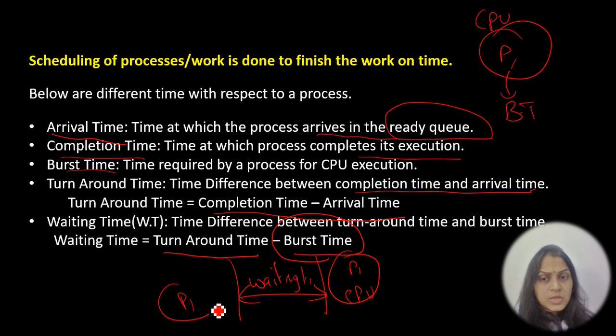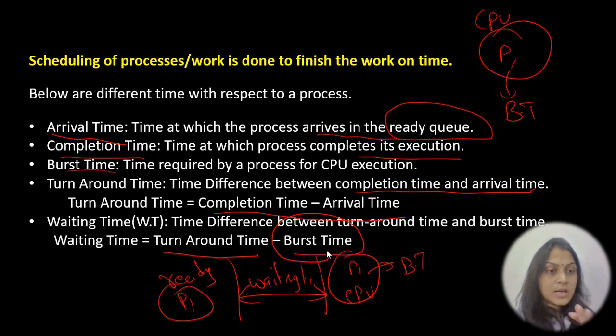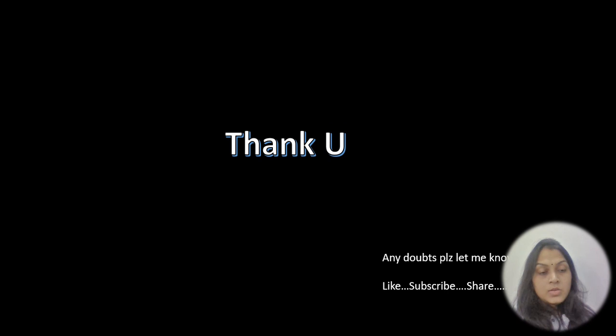Here the process P1 is already in the ready queue. In the ready queue, P1 is taken by the CPU. Whenever it starts its execution, that is the burst time. Just remove that burst time, and then the remaining everything is waiting time only. Still, if you face any confusion about waiting time, don't worry. When we work on the problems, you will get clarity on the concept. So this is about the different scheduling criteria.